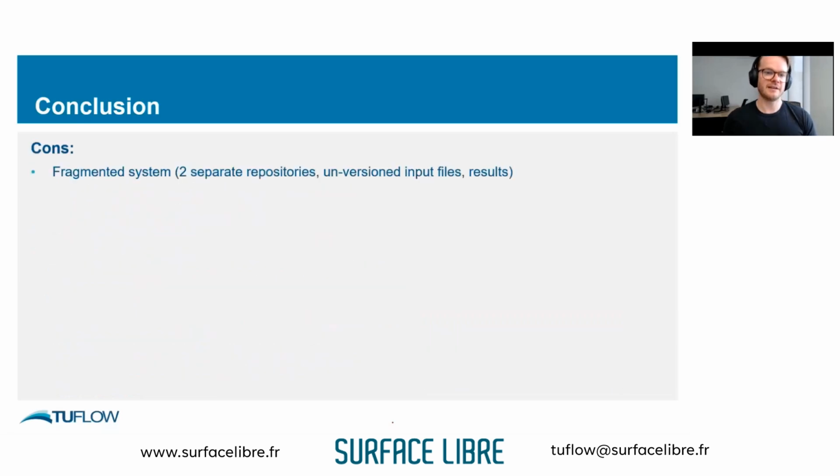Cons. So there are cons. It's a fragmented system, maybe, with two different repos, which is annoying, and then you have unversioned files alongside those. So you could consider it fragmented, mainly because of the two repos in my mind. And with those two repos comes maybe a commit alignment problem. Going back in time, you have to figure out which commits from which repo line up, which would be maybe a little bit painful.